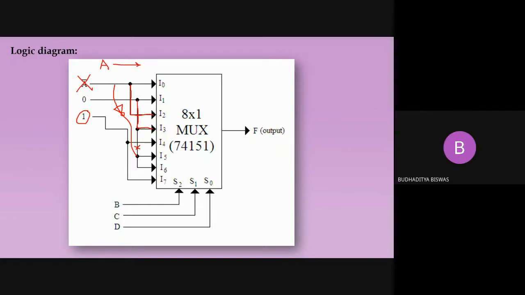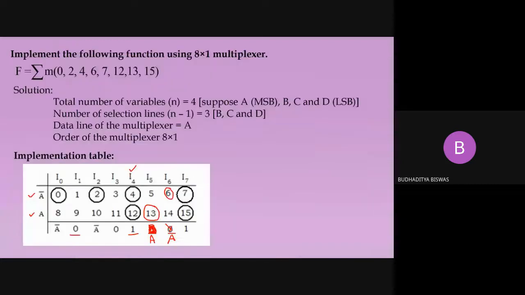Suppose I0 is connected to A, so just connect it to I0. I1 is connected to A, but then put a NOT gate and connect it to I1, like this, in this way. Sir, we will select it according to need; if we have no connection with A, then there is no need to take A. No need, but sometimes A should be there. Otherwise, if the function is there, A should be there, either in A or in A bar, but this term A should be there.